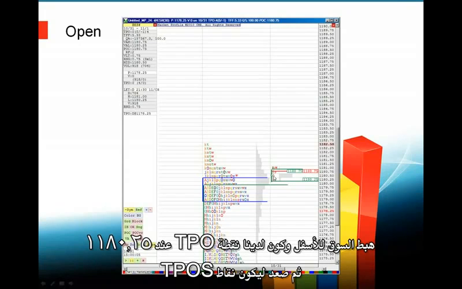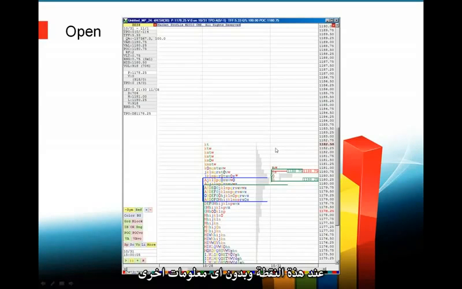And the first question I'm going to ask you about this particular open, and I'm assuming that everybody can recognize that the market opened right here at about 1180.50. The market dropped down, and we had one TPO at 1180.25, and then it jumped back up 2 TPOs. At this point, without any more information,